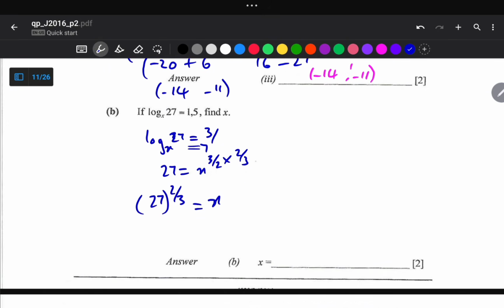Okay, so given that 27 can be written as 3 raised to the power 3, it is 3 raised to the power 3, raised to the power 2 over 3, being equal to x. So we are going to multiply these powers, so x is now equal to 3 raised to the power 2. So x is equal to 9. So the value of x is equal to